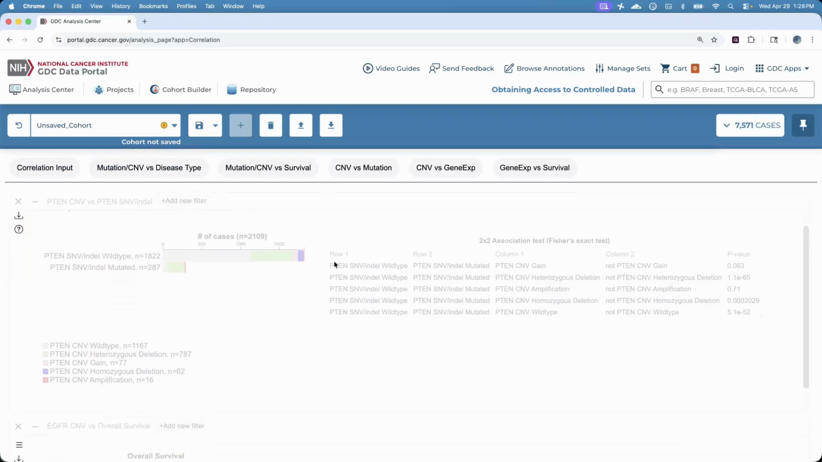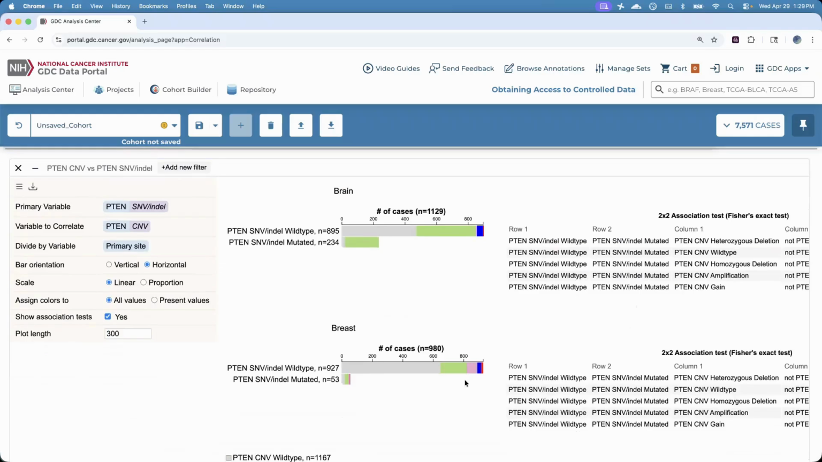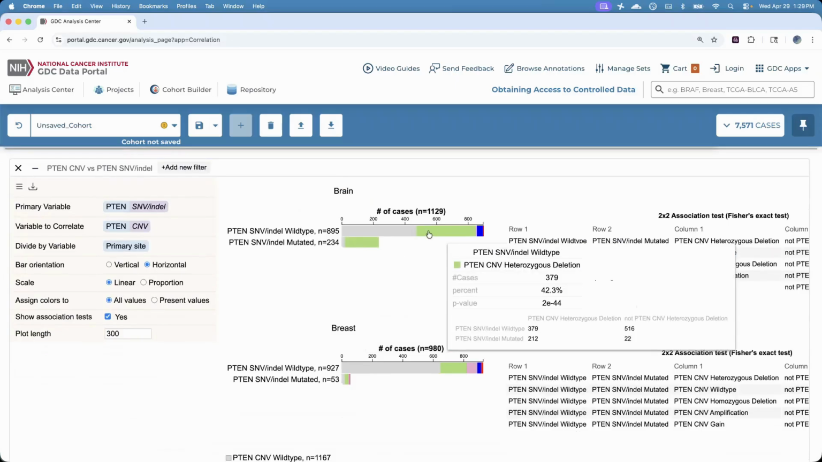So that we can see the same PTEN mutation versus CNV comparison between two different organ types. This is similar to what we derived from the survival plot. Now we have two different bar plots, one for brain, one for breast. I would like to point your attention to this